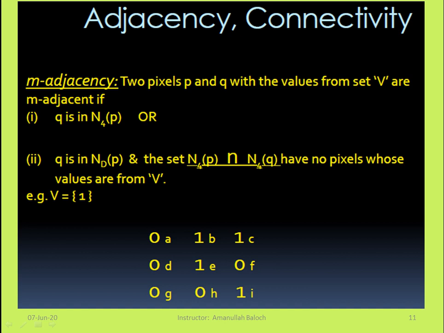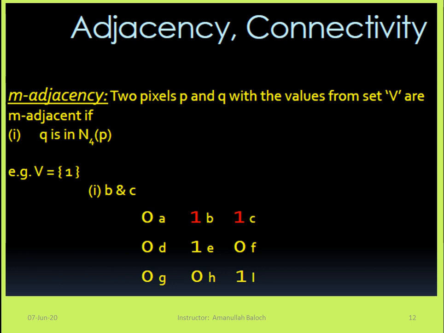This is V. These are the 8 adjacent pixels of the central pixel. We have labeled these pixels. Because there are more than one 0-level pixels, we have labeled them with A, B, C, D, E, F, G, H and I. We will relate them with these labels, and then we will see whether their gray values belong to this set V or not.